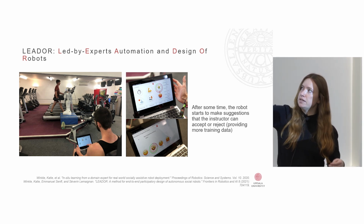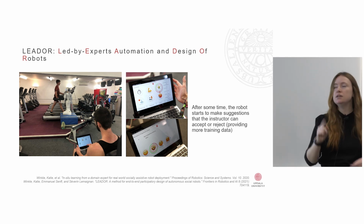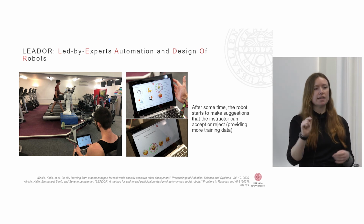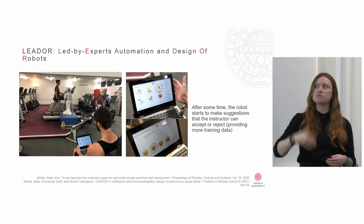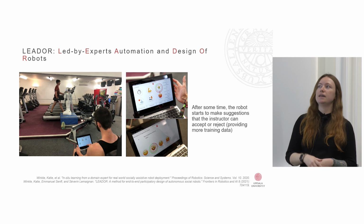And then there's a red circle around that's getting smaller. The red is overtaking the green. So the instructor has 10 seconds to decide: yes, do that action now, good, in which case there's a positive reinforcement signal, or no, that's bad, don't do that action, and then it gets